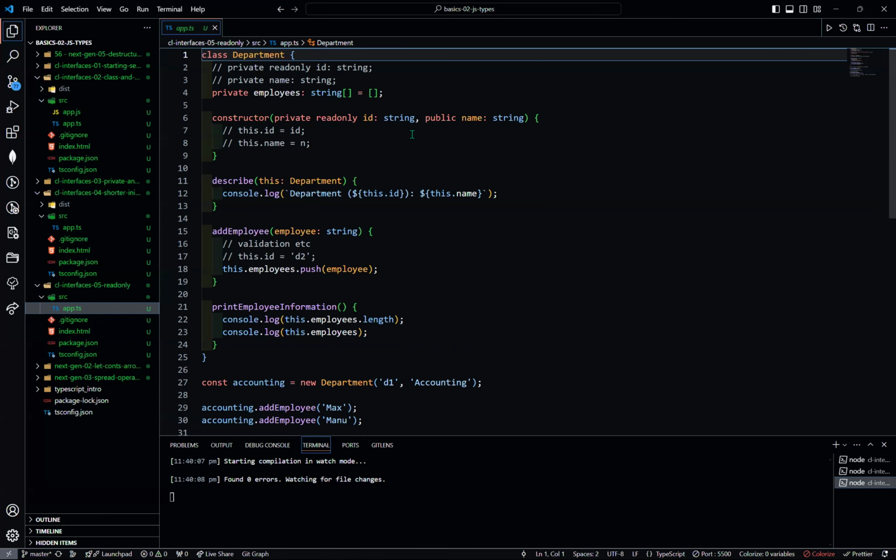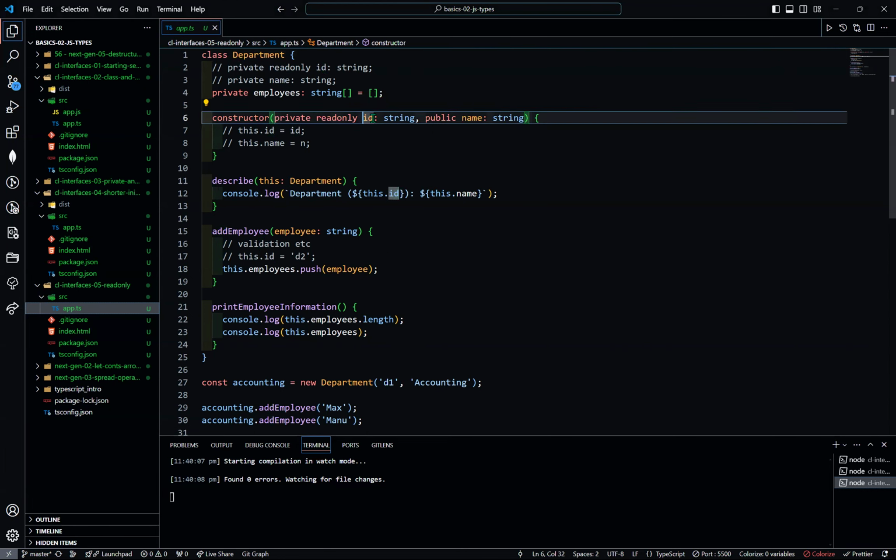We want only one value, like suppose of this ID we just want to store its value once, and then we don't want to redeclare it or restore it in another way. To make sure of that, we can use readonly. So it will just read the value once,